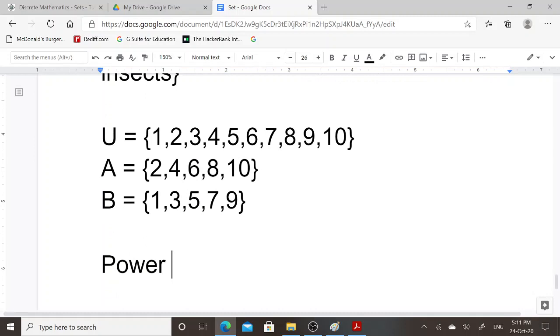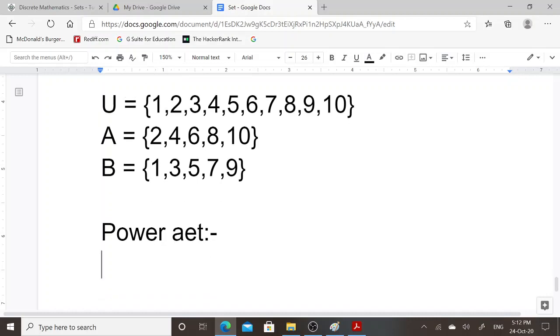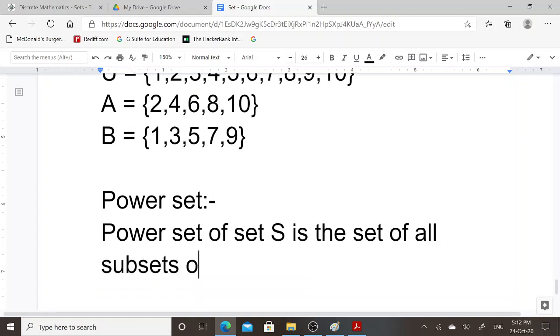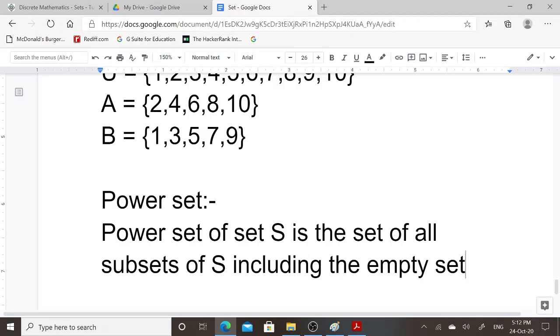Next type of set is power set. It is defined as the power set of set S is the set of all subsets of S including the empty set.